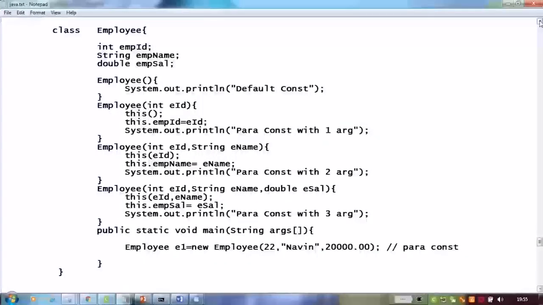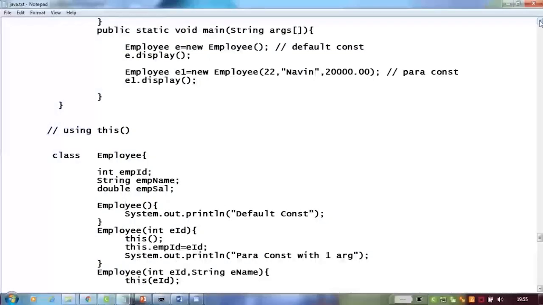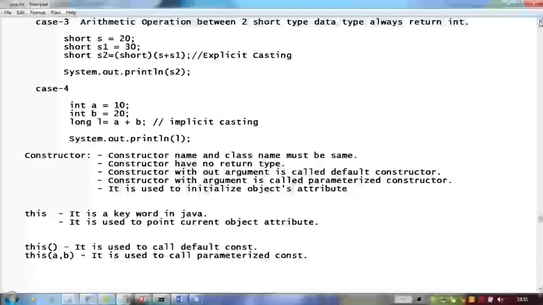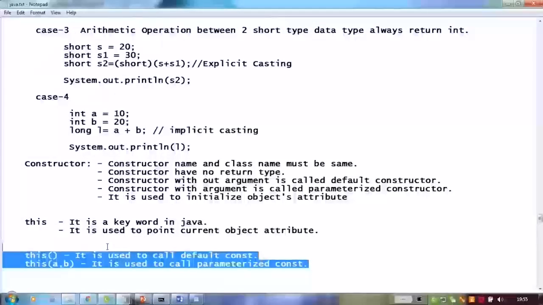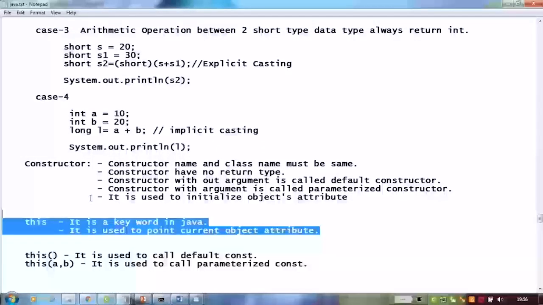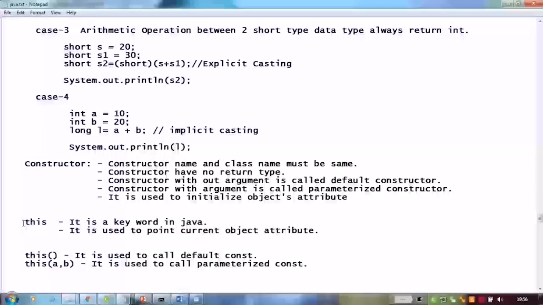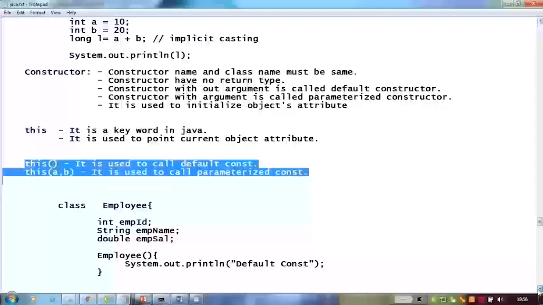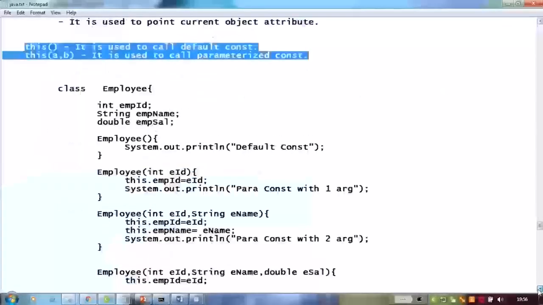This is why I need this function in Java. So this is all about it. I'll suggest everyone please execute these labs, right? So this is the this keyword. We talked about constructors. Then we talked about the this keyword. Then we talked about these functions using an employee class example, right? So based on this discussion, what I